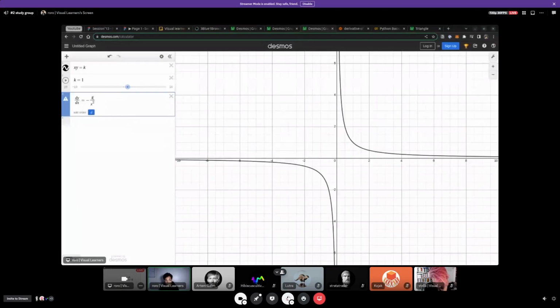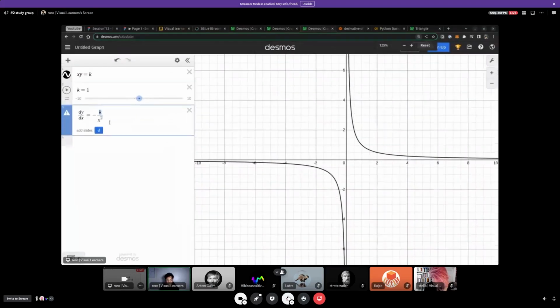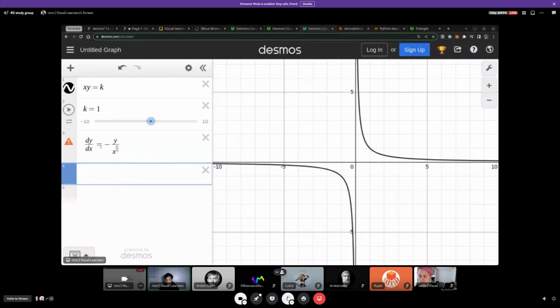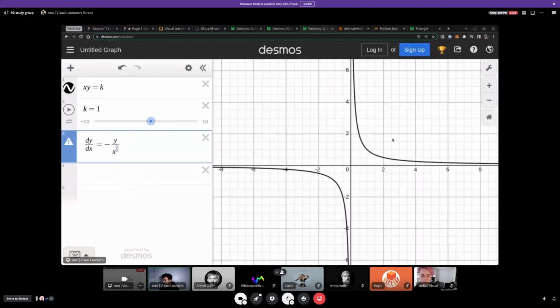And we know that k itself, right? We know that k is xy. Does that make sense? K is xy. So I can always substitute k for xy. And when x and x can get cancelled, if that also makes sense, then we can divide these two. And what we end up getting is dy by dx, which is the price of y for the price of x, like the ratio, is always minus y by x,